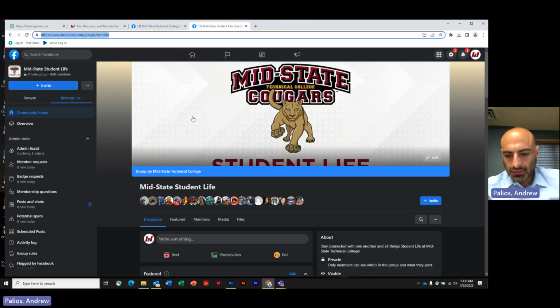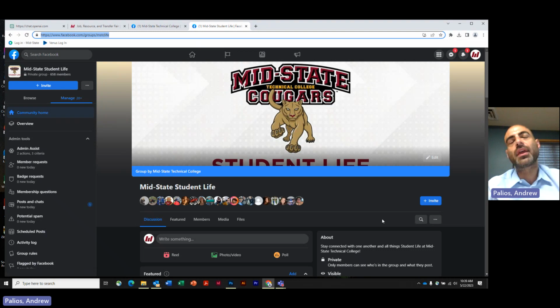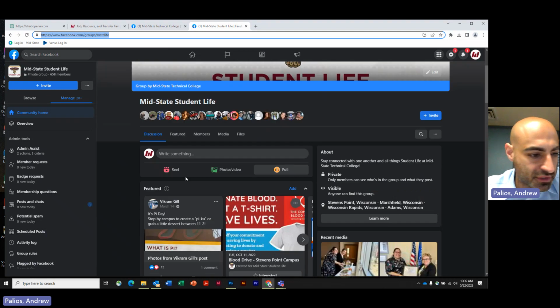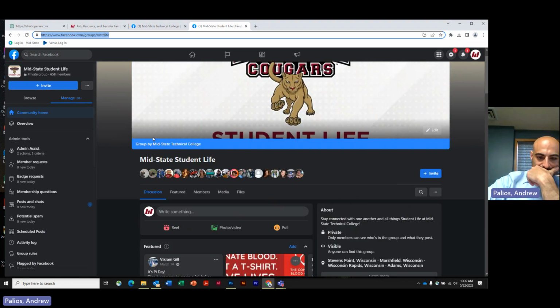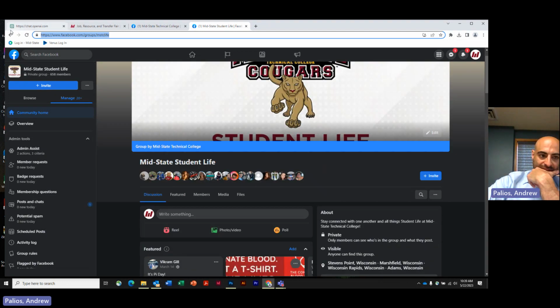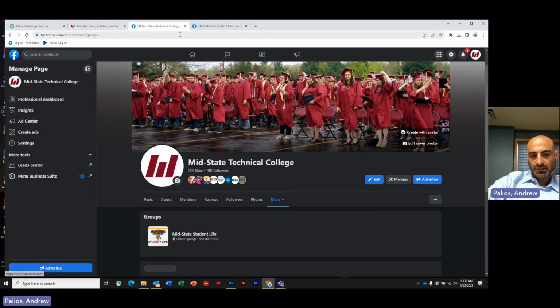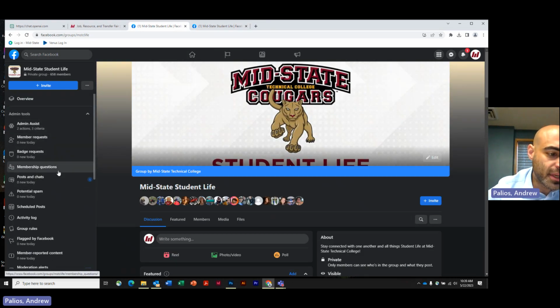So let's see, okay, so the student life group page. QR codes are a great way to bring a lot of people to these pages. This is going to be the way to get into the group, just by going into this more tab, hitting groups, and again, like I did earlier, selecting the group from the list, and then jumping into here. So as we manage the group, again, you can look at the membership